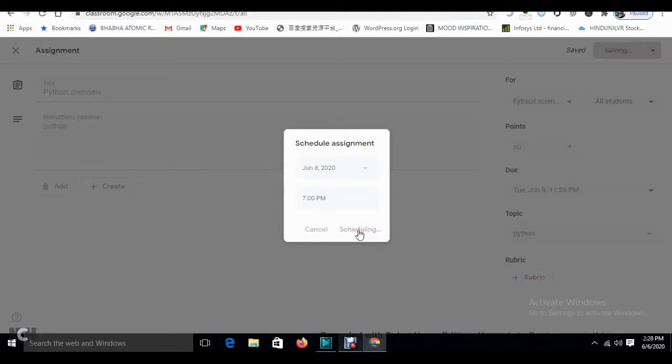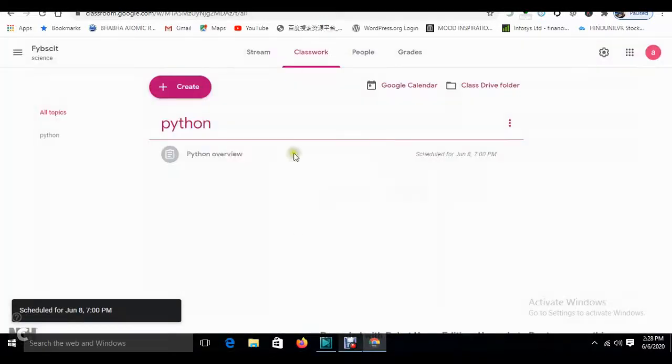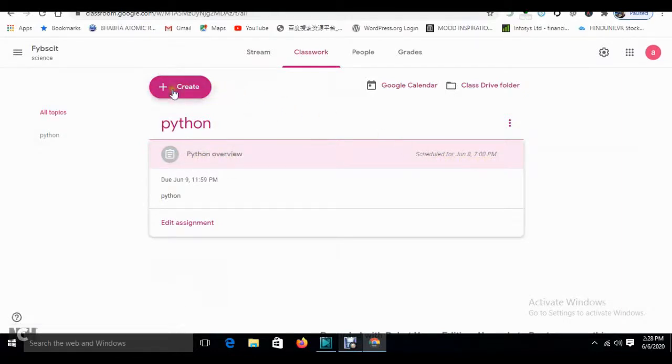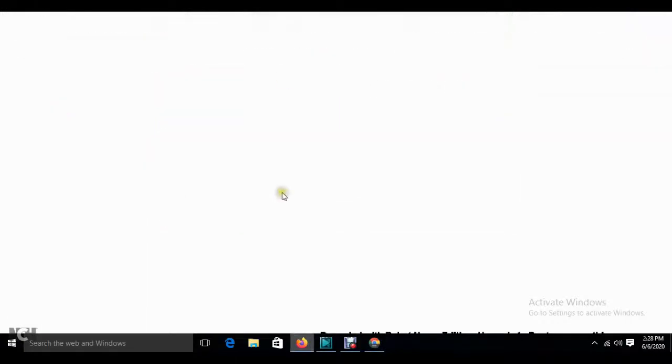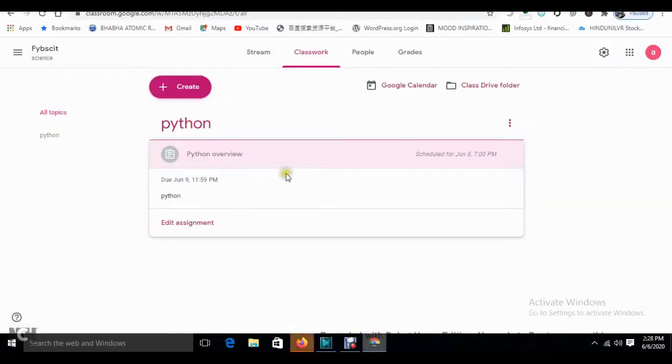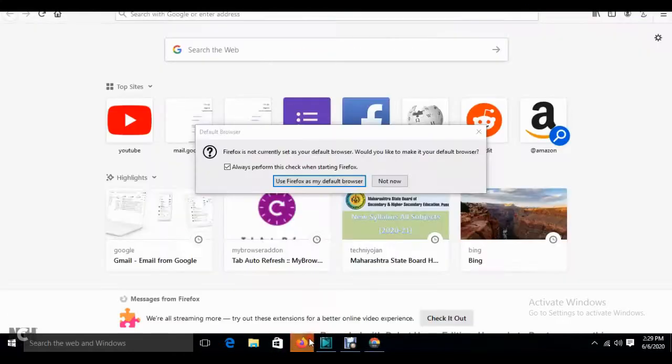Okay, now we'll see what it shows. And see over here, it shows a disabled icon like this. Okay, and it is showing as scheduled for this. So now what we will do is go to the student portal. See over here, it will not go to the student account actually. The student account will not get it till it is assigned, it is only scheduled for the time being. Okay, so I will accept the invitation at least.